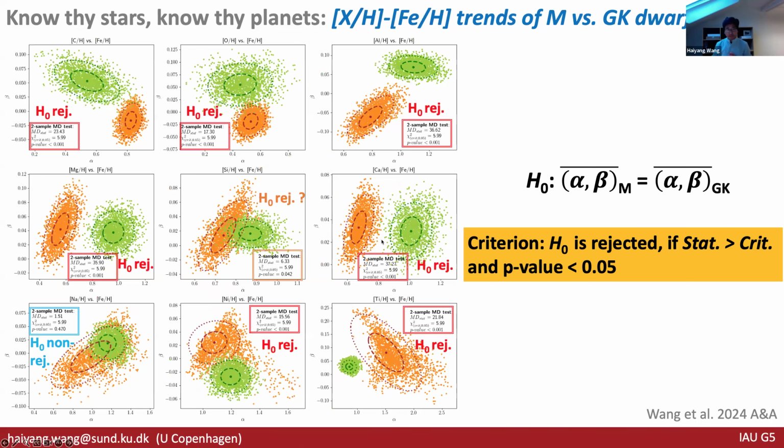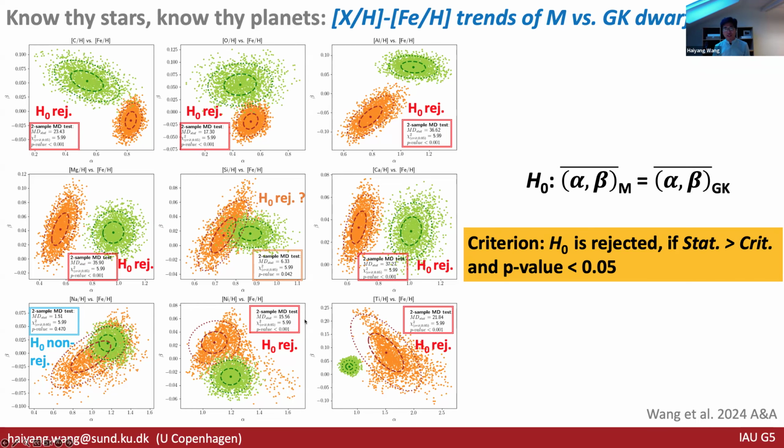this further. So then here shows the full panel of the test results for these 9 pairs of elements, and we also got, for like sodium here, a clear non-rejection case because the p-value is very high, and otherwise this null hypothesis can be rejected, especially for silicon. I will talk more about that.